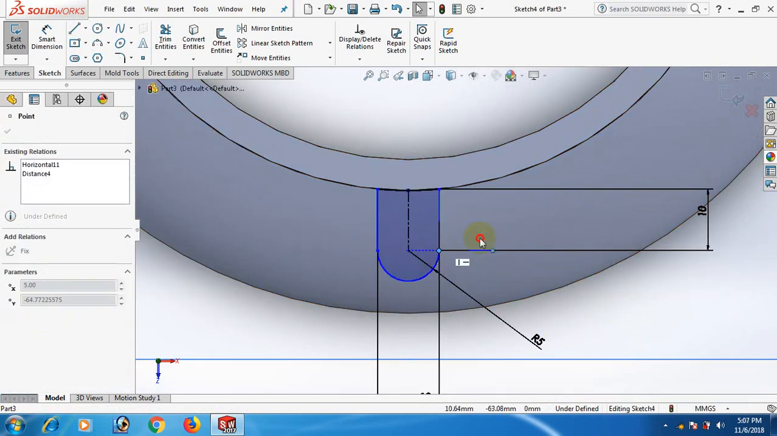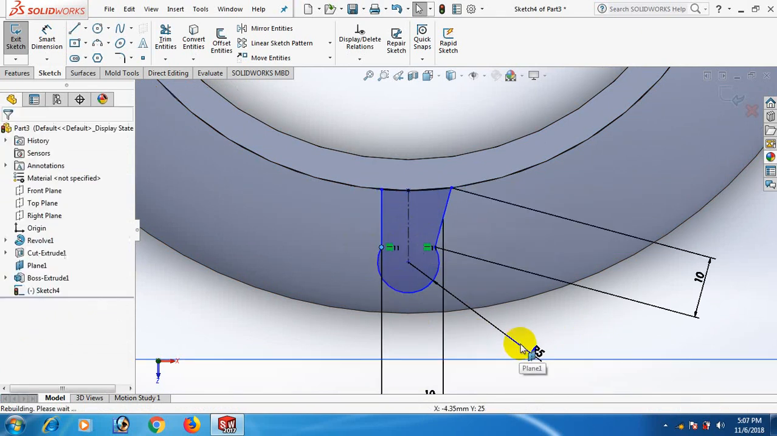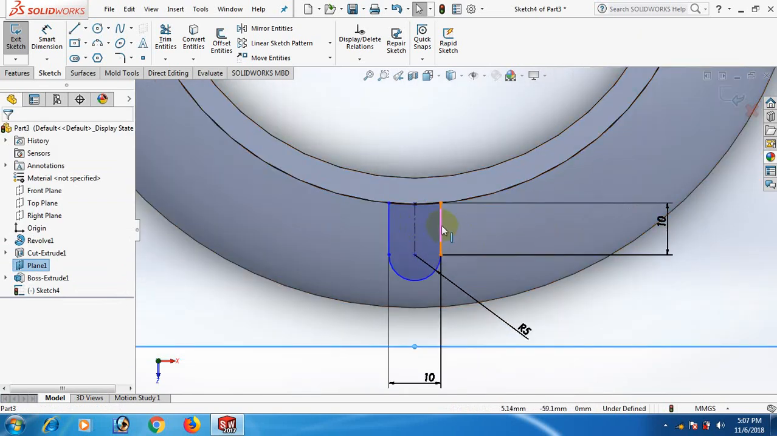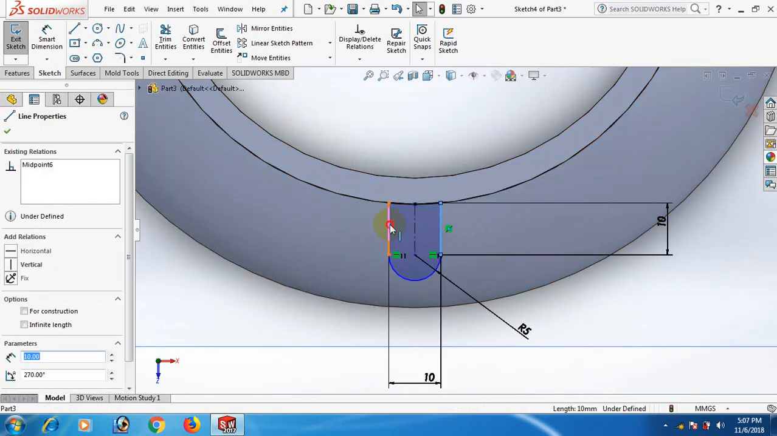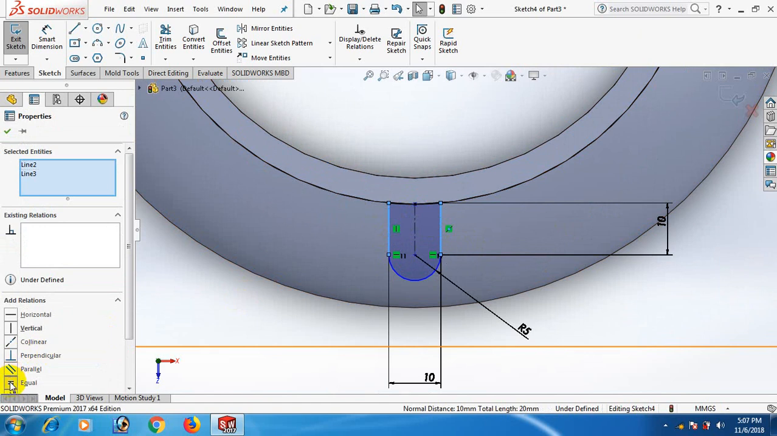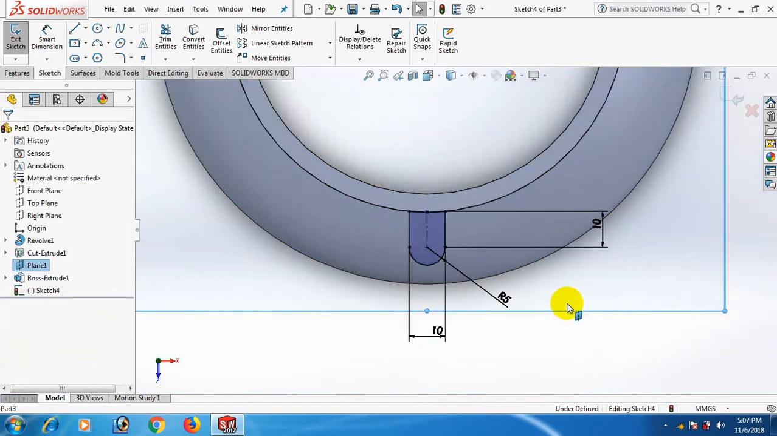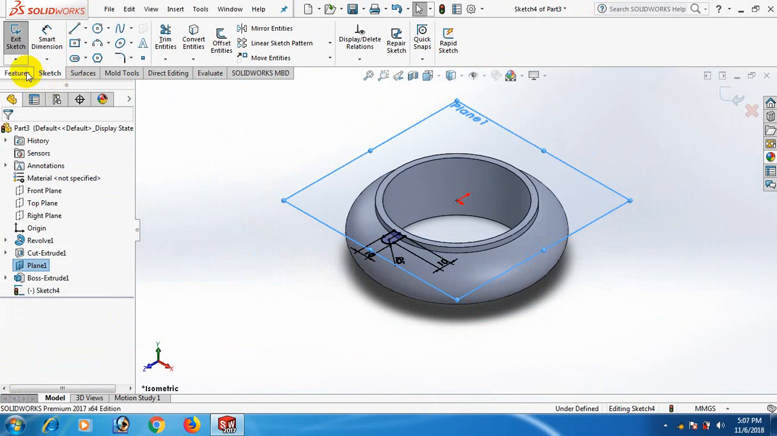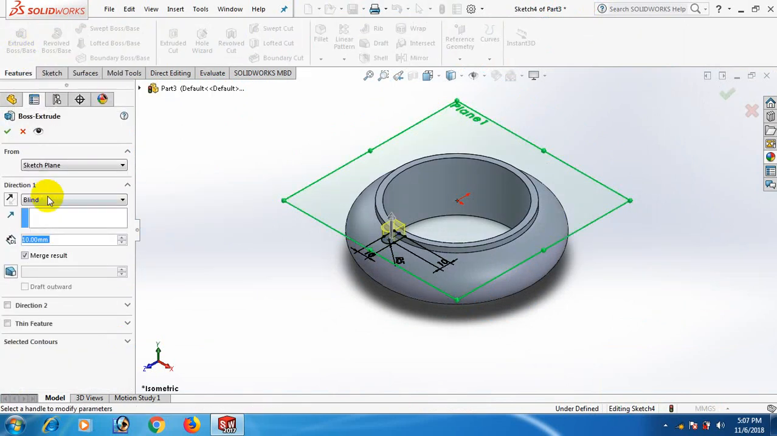Now they are under defined. Now check, Ctrl Z. Now this line and this line equal. Okay. Now go to Features, isometric view, and Features and Extrude up to next,